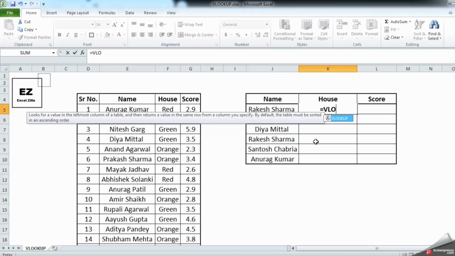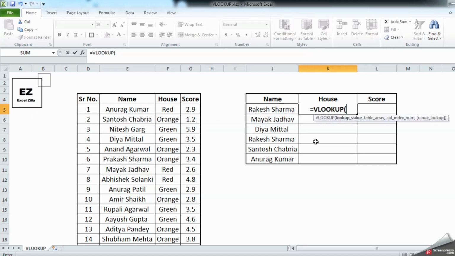Once you press tab, oh, such a big item. Don't worry, I'll take you through all of these items and make it easy to understand. So this is asking you to give a lookup value, a table and a column index.